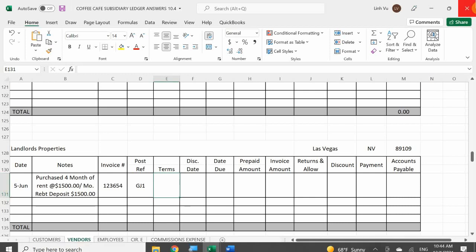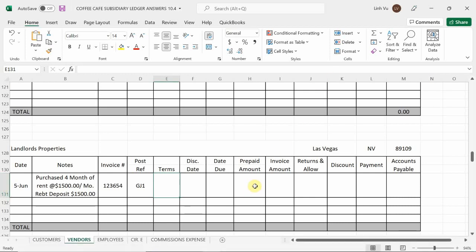Okay. Did I make any advance payments prior to knowing landlord properties? In this case, no. I had to get the rent, right? But we have prepaid rent. That's not the issue. So in this case, this column is only if before the transaction happened, did we have to make an advance payment prior knowing this individual? In this case, no. At that time of service, we had to pay up straight up front